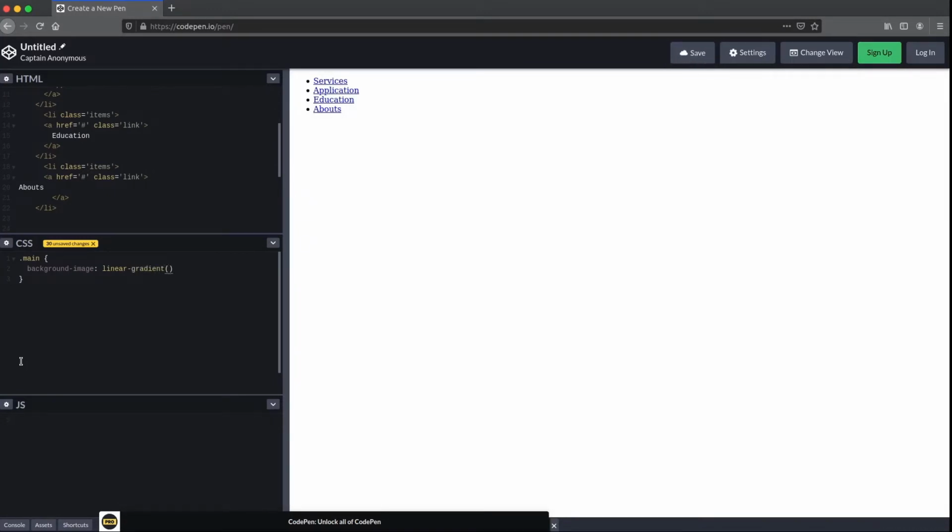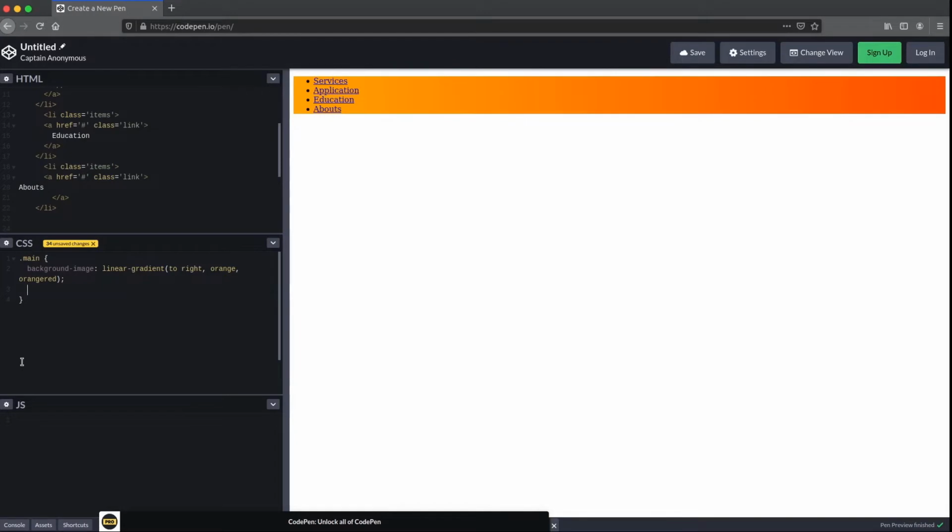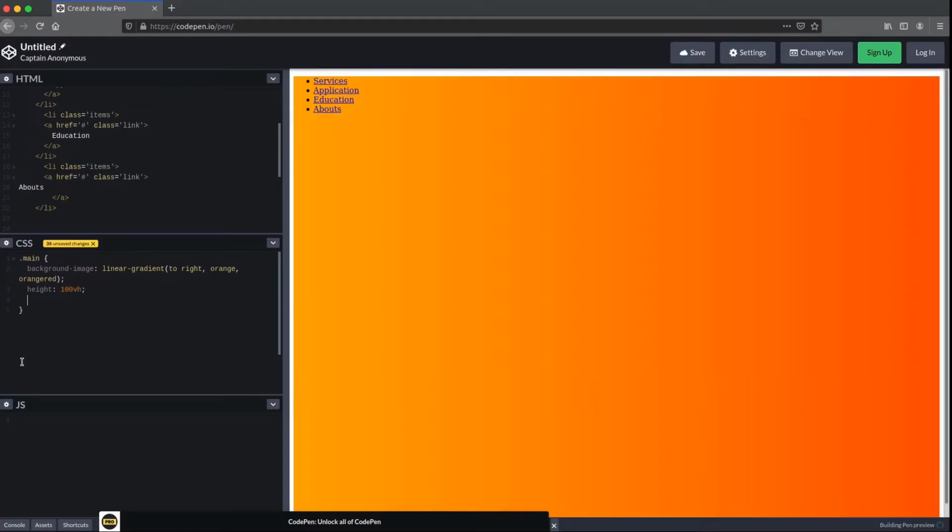So I want to give a gradient from left to right. For this, just write to right and I choose orange and orange red. Now give some height, like I like to give 100% of the height of its viewport. And now just place this item guys in center.